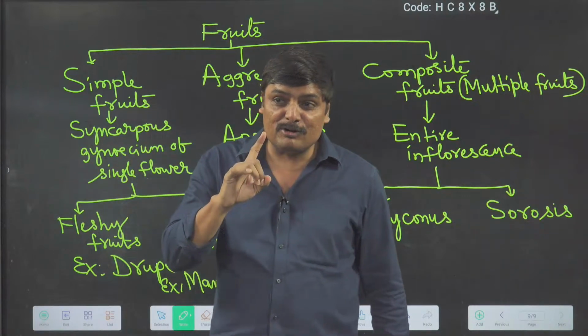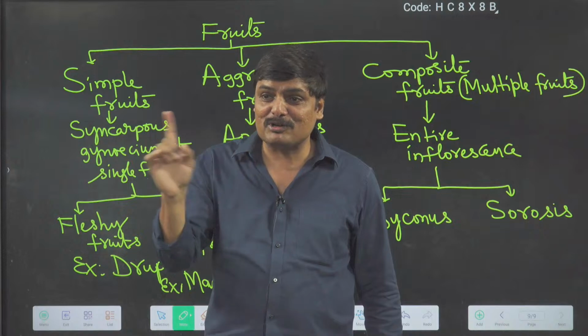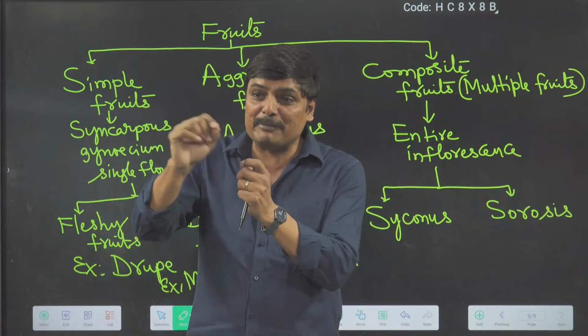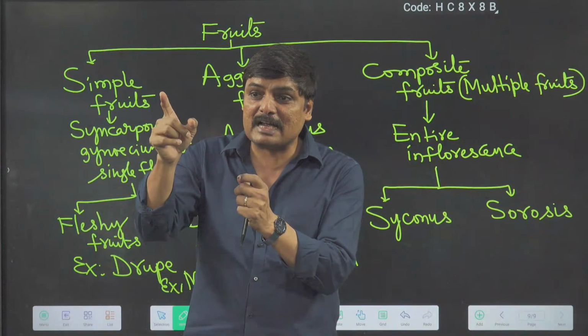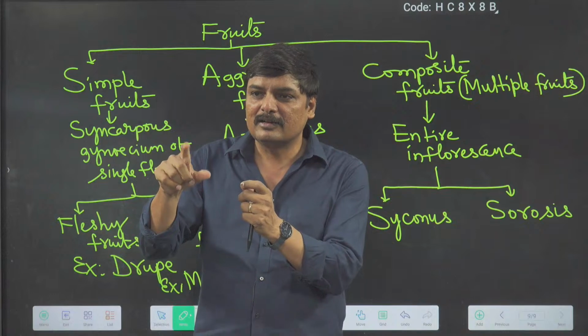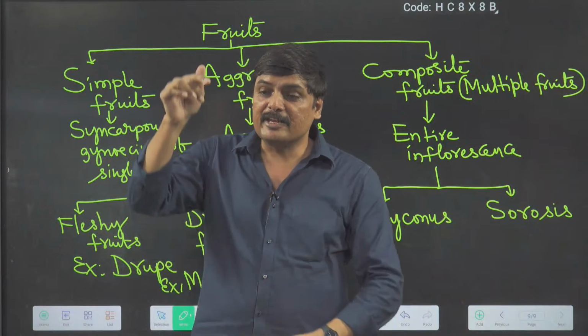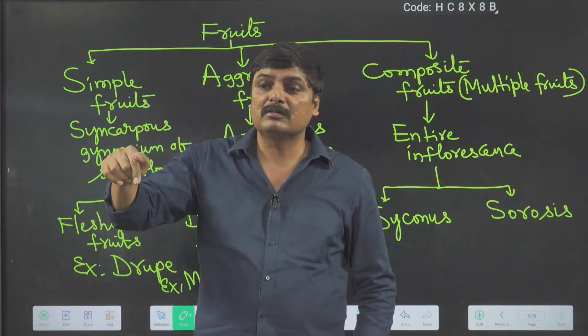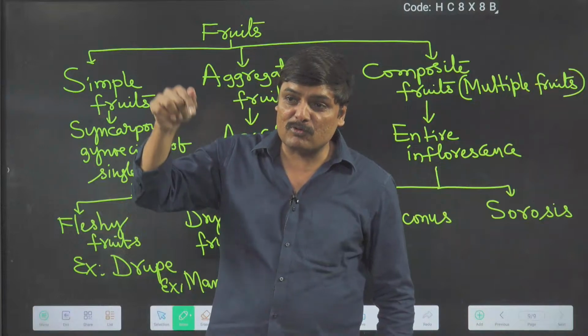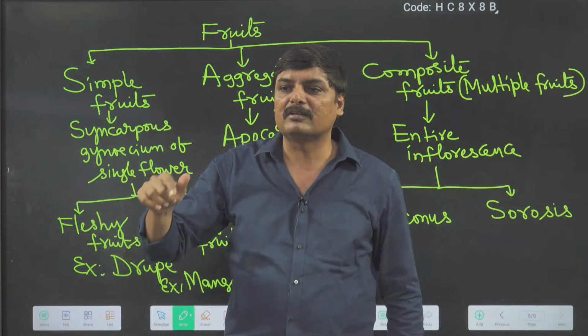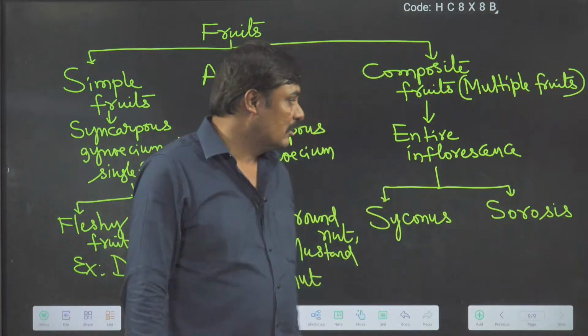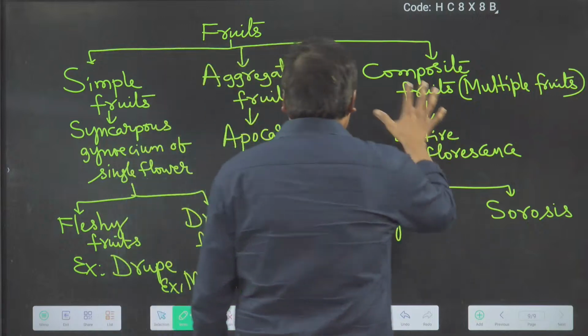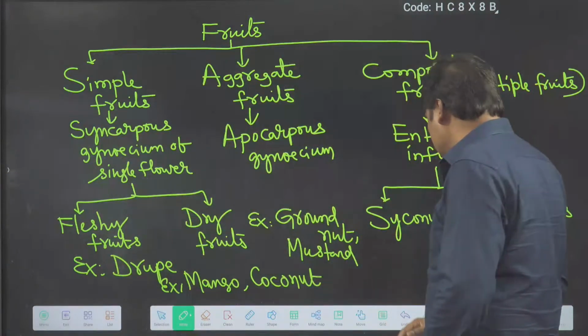But in the case of coconut, it is not the mesocarp. The mesocarp is fibrous, commonly called coir, so that is not edible. The endosperm is edible. The endosperm of coconut is edible. Okay, students? And this is a brief account of